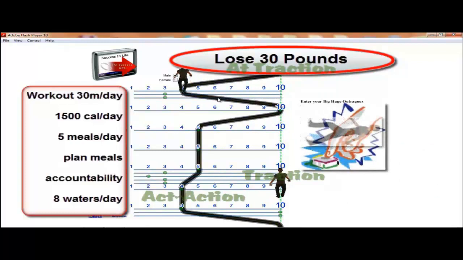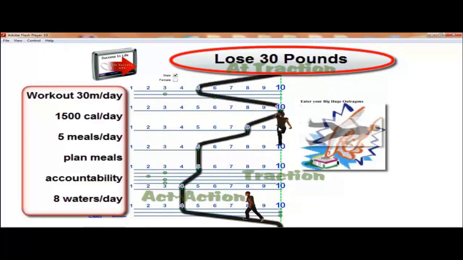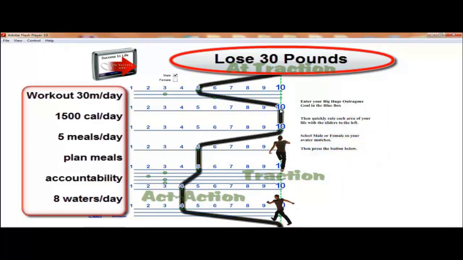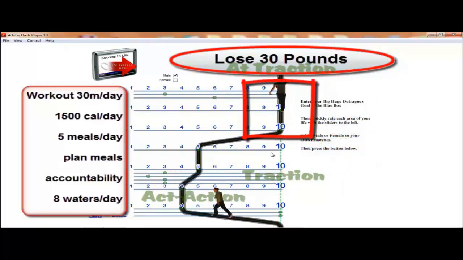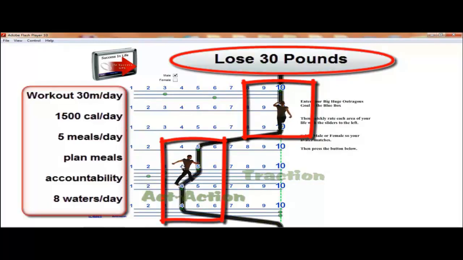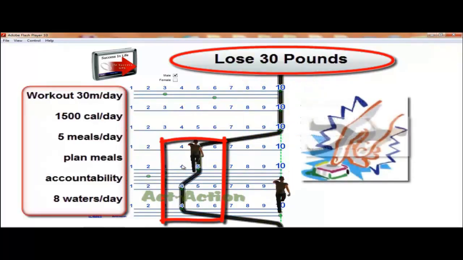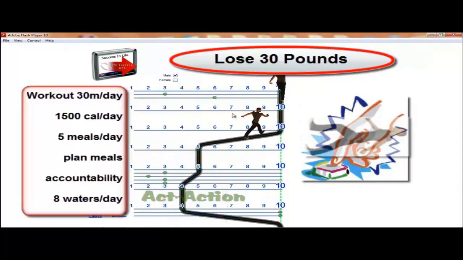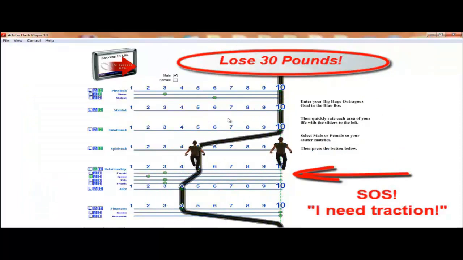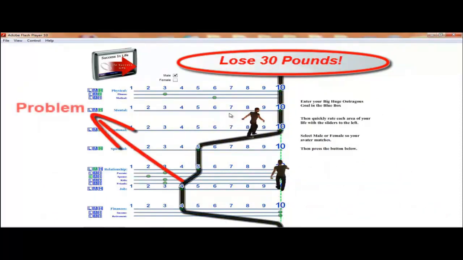Now what they do is they rank each week where they are. If they had a perfect week, it's going to be like this. So let's say they did those activities 100%. These are the activities they didn't do. If they have accountability partners, anybody like that, they'll just click on the avatar, and they can move the avatar to where they think they are. If it's lose 30 pounds and they're halfway there, they'll click it here.